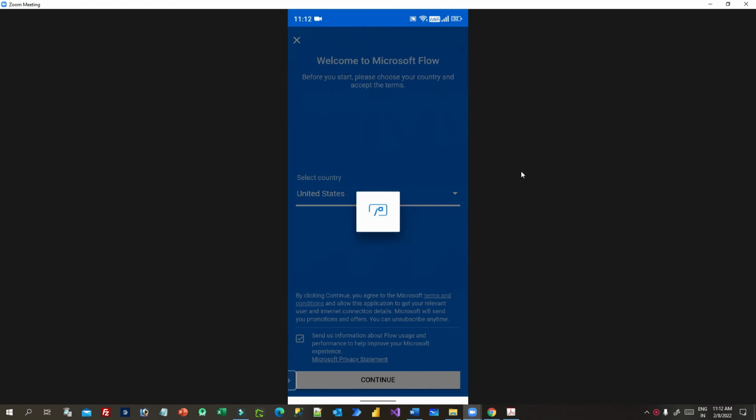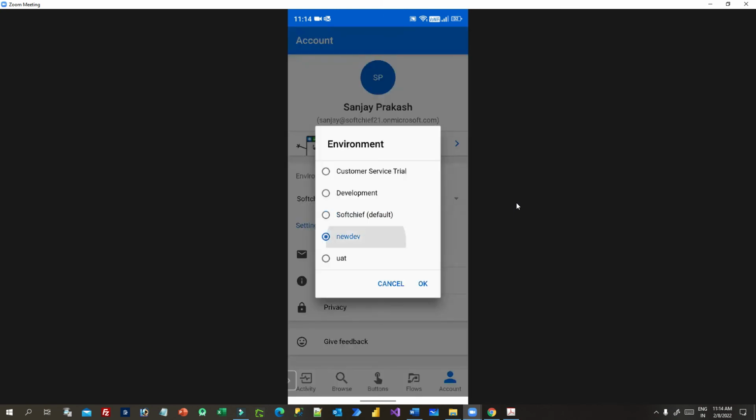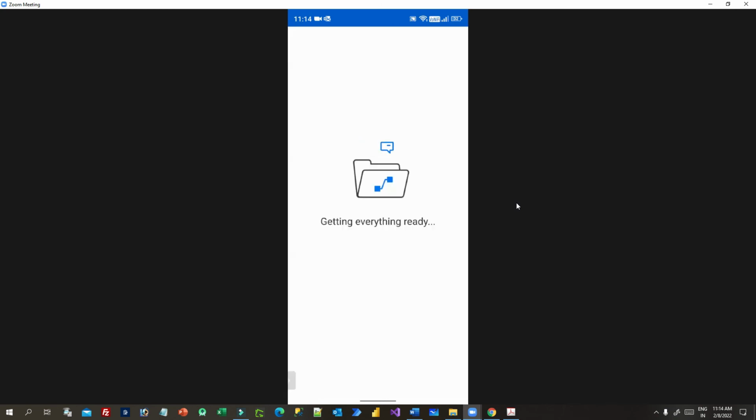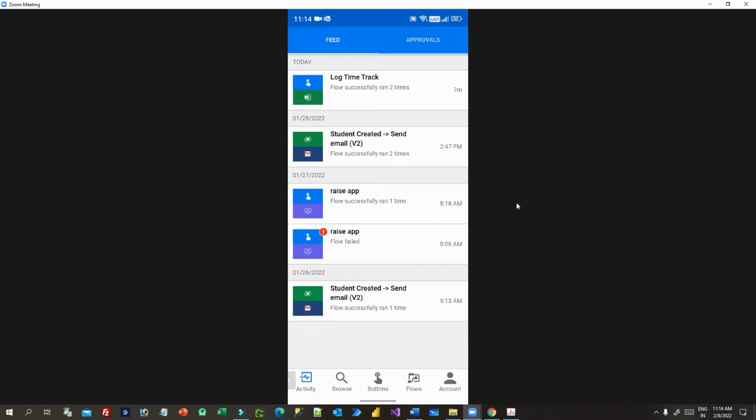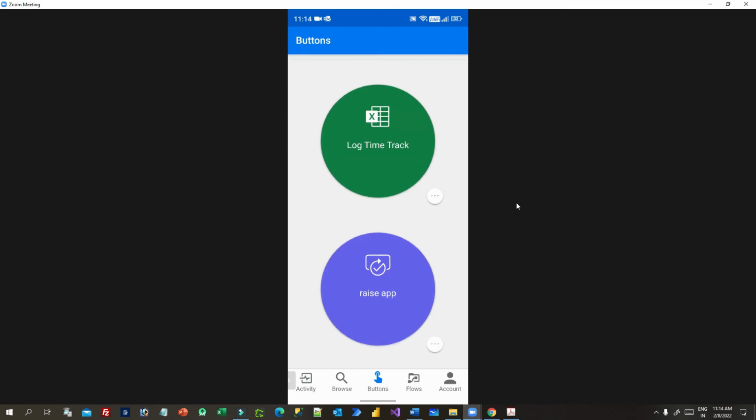So this is my mobile app, and I'm just trying to log in the flow app to see my button here, right? So it is trying to log in. Now once it is logged in, you have to click on the account and choose the correct environment. So I'm choosing new dev, which is my environment. Now if I go here to the buttons, I will click the button. You will see there is option log time track. You can click the log time track,